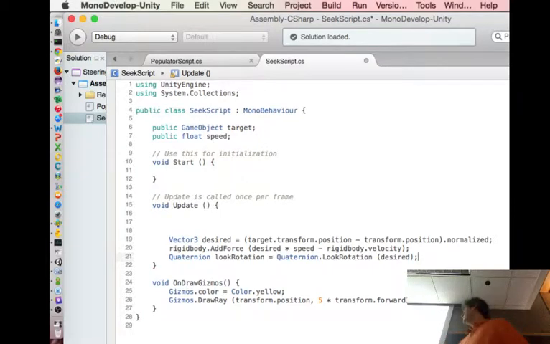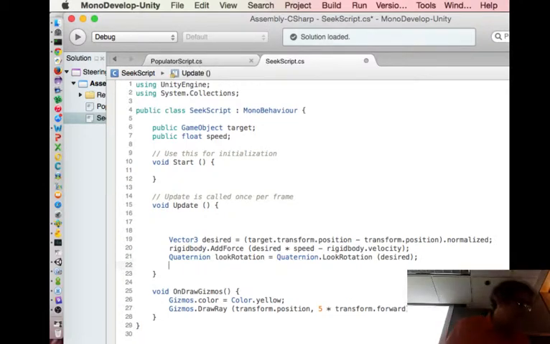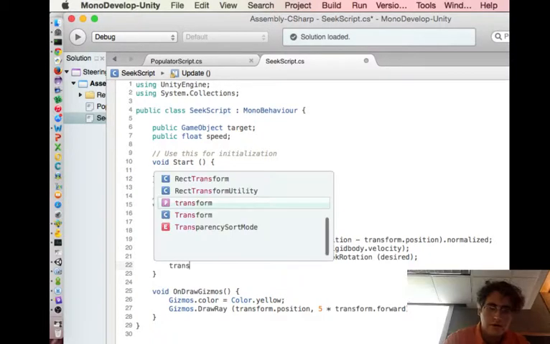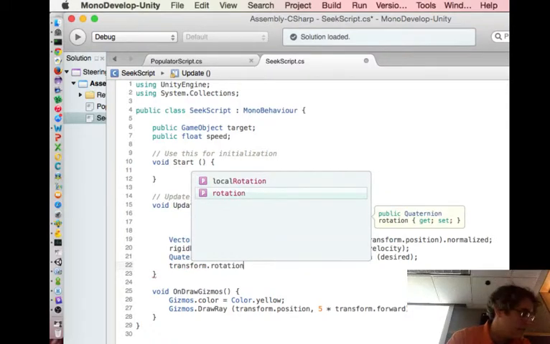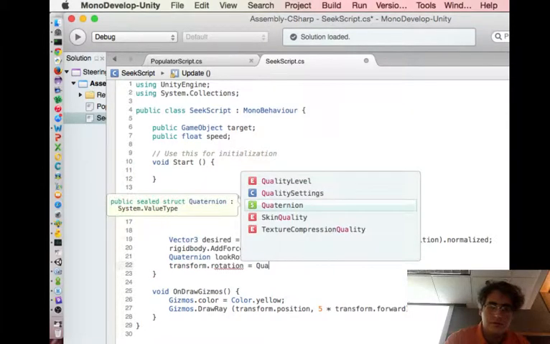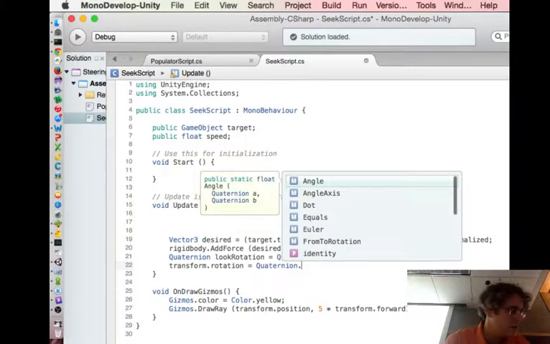I have a nice vector, but what is the Quaternion representation of that rotation? We've got to see what that is. And now we can say my rotation is equal to Quaternion.Slerp